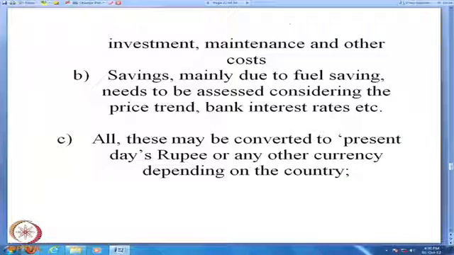details. But nevertheless, remember, it is not so simplistic that you calculate the investment and divide by the saving per year and come out with a payback period and say that it is attractive or unattractive, but that could be an indicator, and one can, depending upon the size of the system and the economic scenario of the country or location or the system, modify or go to more and more sophisticated methods. If you are considering a domestic water heating system, that simple calculation may be all right, but if it involves crores of rupees, then somebody has to do a better